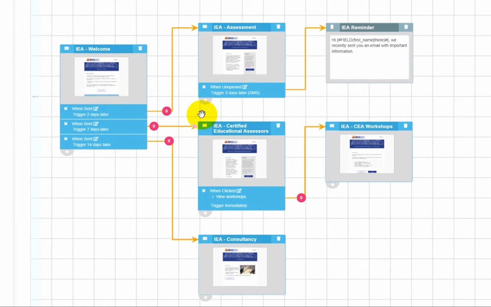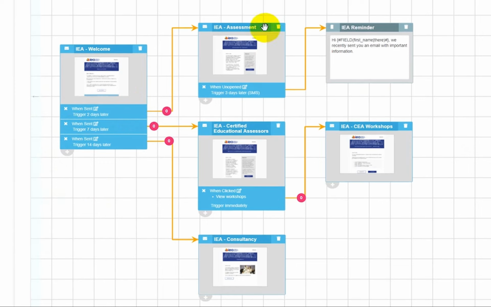You can see these 3 branches that are branching off. They are actually the triggers that are sending the next communication, which can be an email or an SMS message. These pink circles with the 0 inside show the number of contacts that have flowed to that trigger. You're able to keep track of where people are in the state of your user journey. Now you can set up triggers based on multiple things. In this case, the welcome email that we've set up uses date triggers so that other emails are being sent off dates, but you can also set it up to trigger off behaviors.